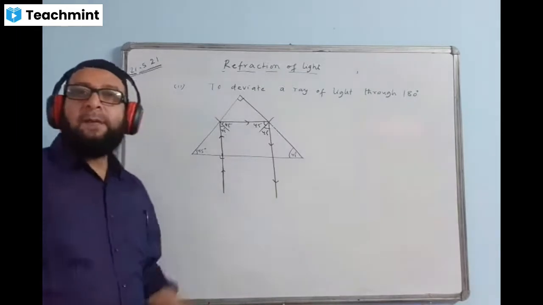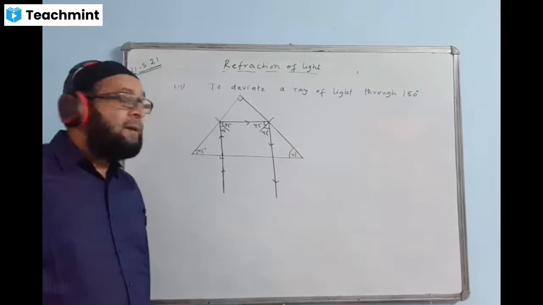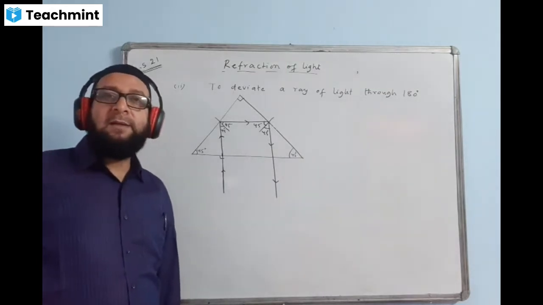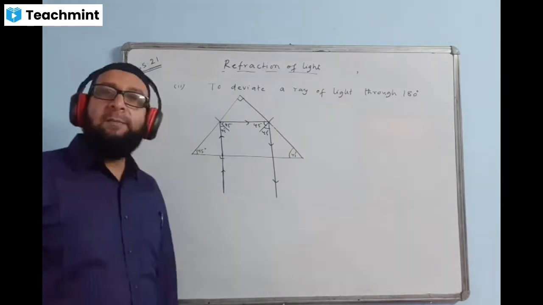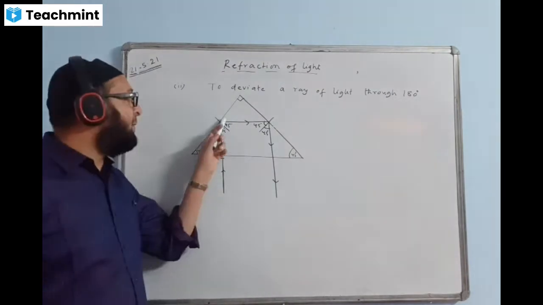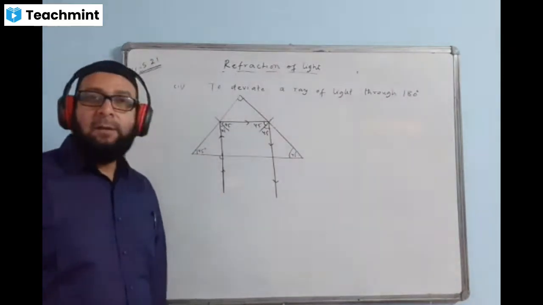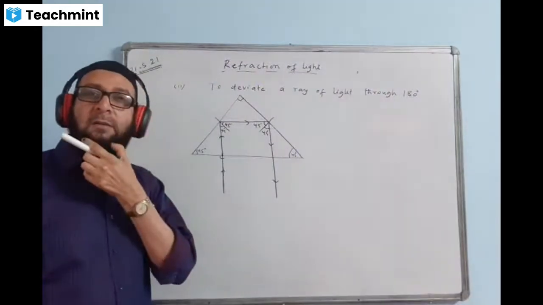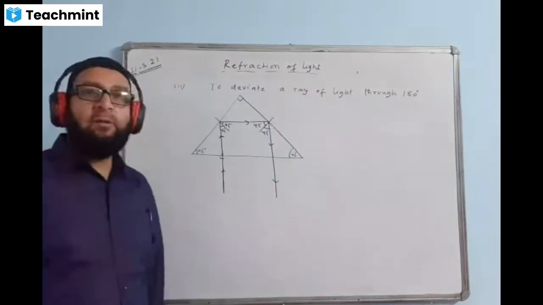This is how we will complete the diagram. If the question asks you to name an instrument where this action of prism is used, the answer is binocular. Same: 180 degree, 90 degree here, one more 90 degree. The total angle is 180 degree. So the total deviation is 180 degree, so it's the same, binocular.